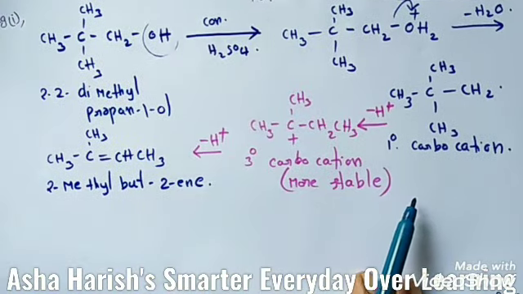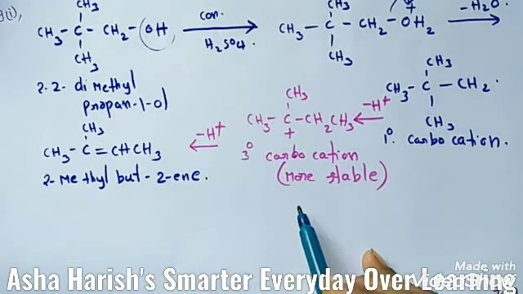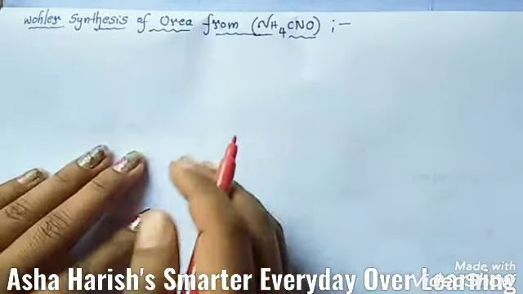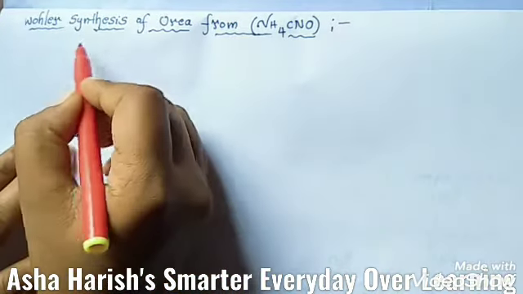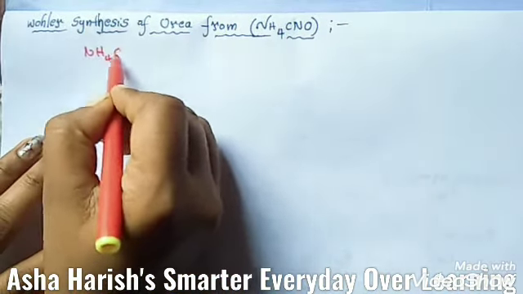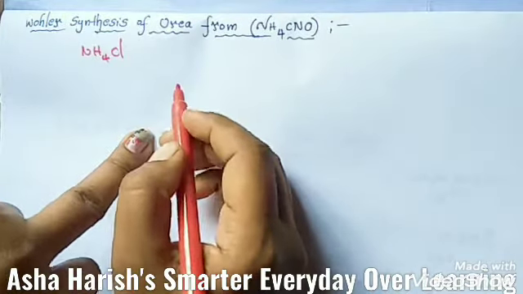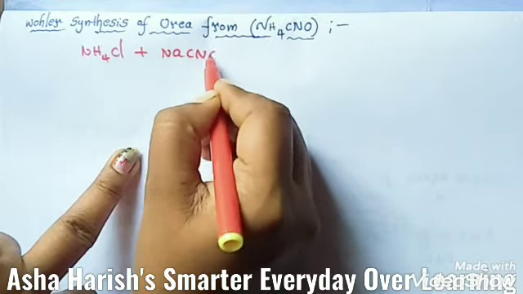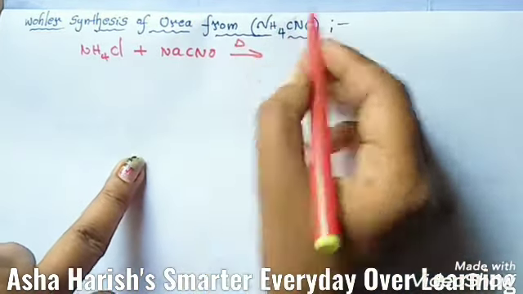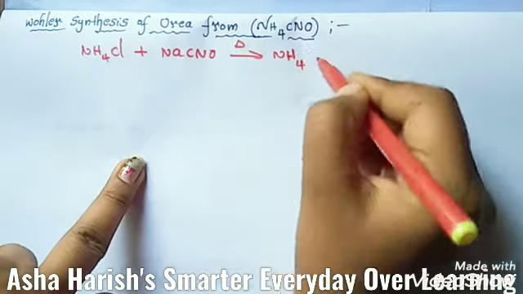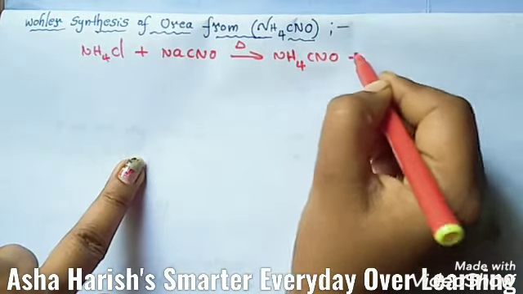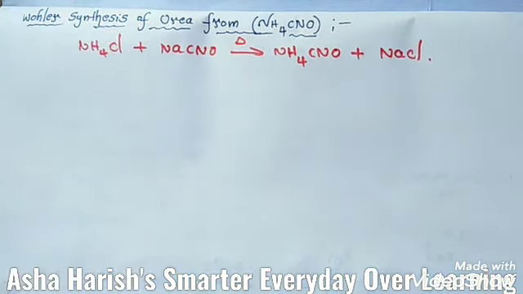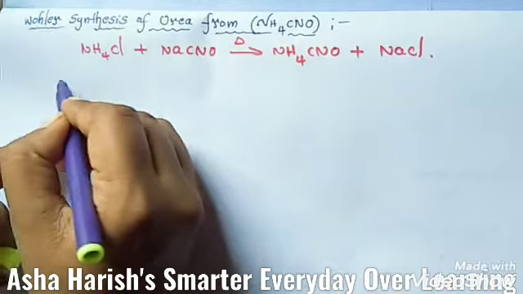Now students, number 2, the second example, Wöhler synthesis of urea from ammonium cyanate, from double decomposition of a mixture of NH4Cl and sodium cyanate NaCNO by heating. So the formed products are NH4CNO plus NaCl. Now you have to take that ammonium cyanate,